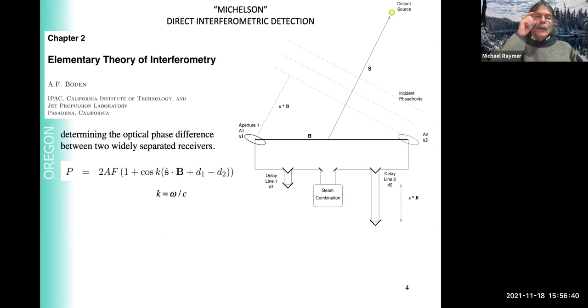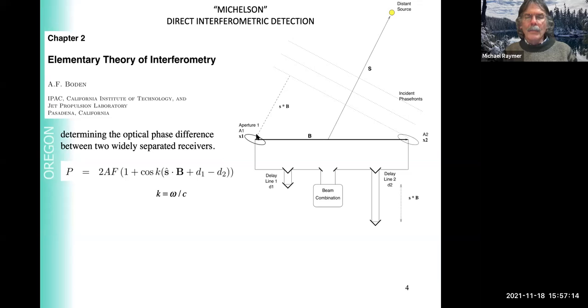Okay, so this is just an old review paper from JPL explaining the concept, which many of you are probably familiar with. Here's this distant source of thermal light. It has some spatial distribution. Maybe it's two point sources. And these incident phase fronts, you can think of this light as coming through a gigantic beam splitter because it essentially goes in two different paths. It really goes in a million paths, but you only detect two of these paths. So you can think of that as a very large beam splitter, splitting the light from this distant source into